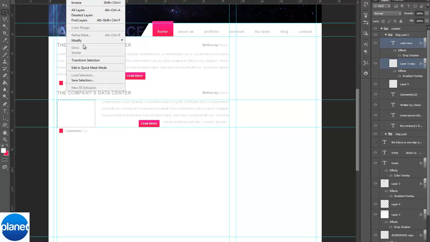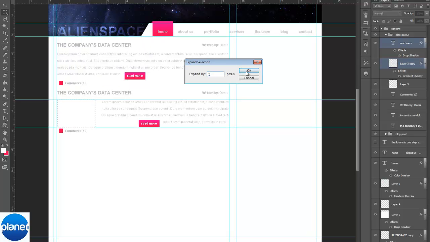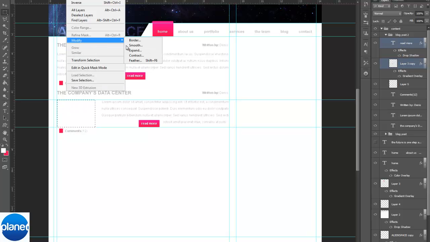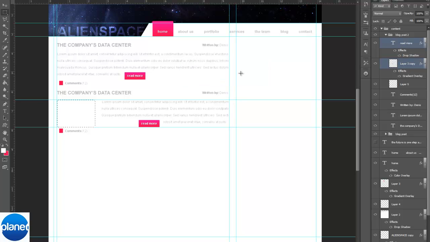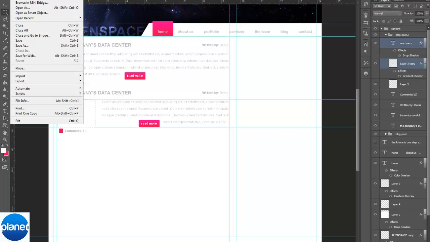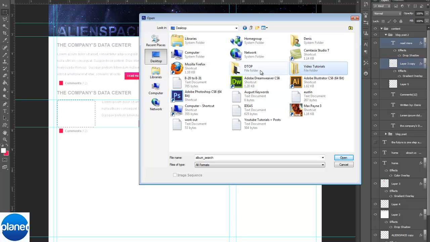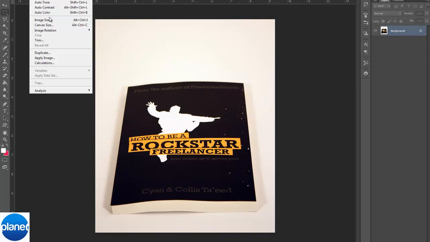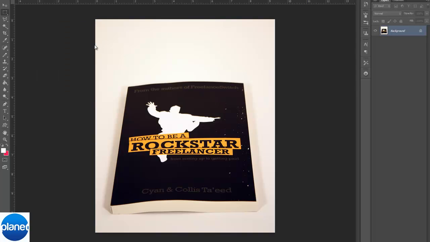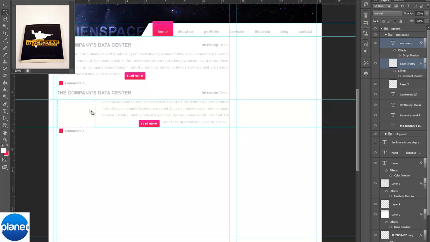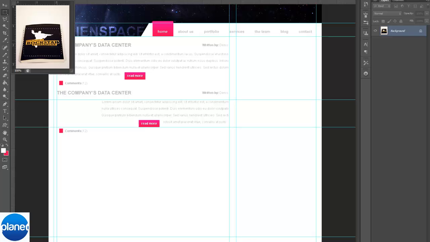Okay, and go to select, modify, smooth, 5 pixels. Oh, actually, what the hell did we do? Modify, smooth, 5 pixels. Okay, there we go. Now, just open up any stock image, just any picture you can use kind of for a thumbnail. I'll just use one of these. Drop down the size so you get a good thumbnail. Move it to a new window, go back, grab your selection,